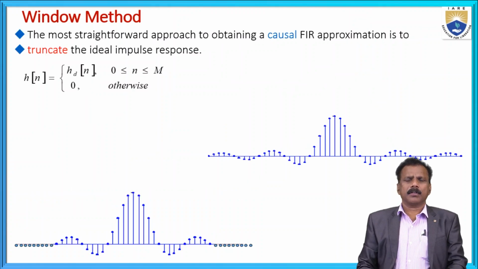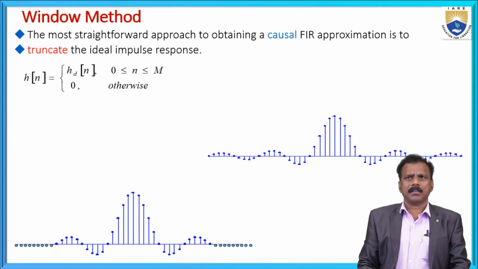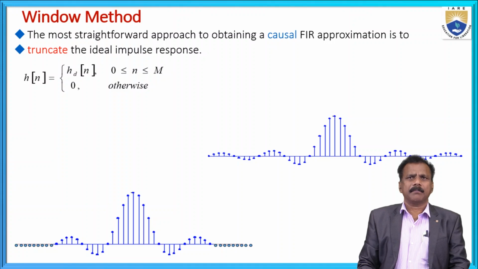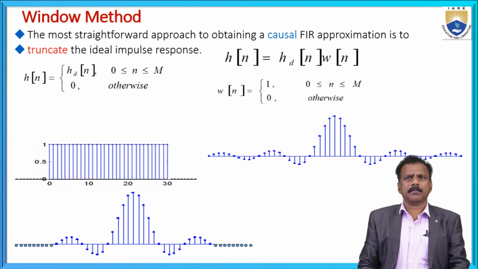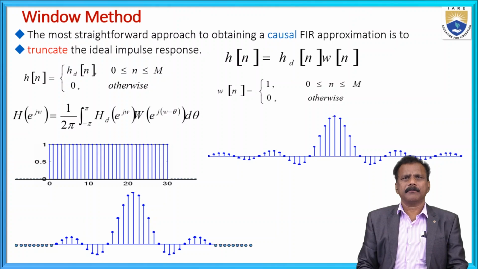Okay, so the window method. The most straightforward approach to obtain the causal finite impulse response approximation is to truncate the ideal impulse response. For this, all we know is that h of n is equal to hd of n times w of n. Graphically, to verify this, H of e power j omega is equal to 1